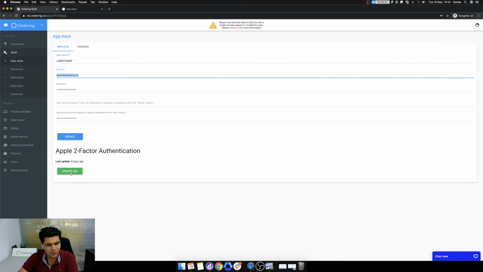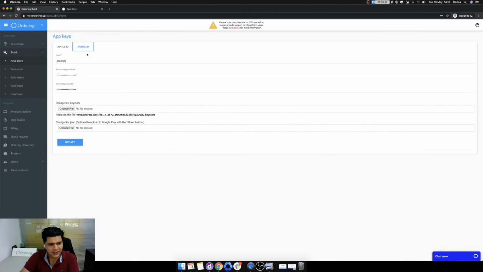You save this and then you create the two-factor authentication. So when you click here, it will ask for a 6-digit code, which will go to your iOS device, sorry, to your MacBook or iMac or anything that you have. The Android one is very similar. These are in your ordering builder by default, but if you want to change it, you can put your own.